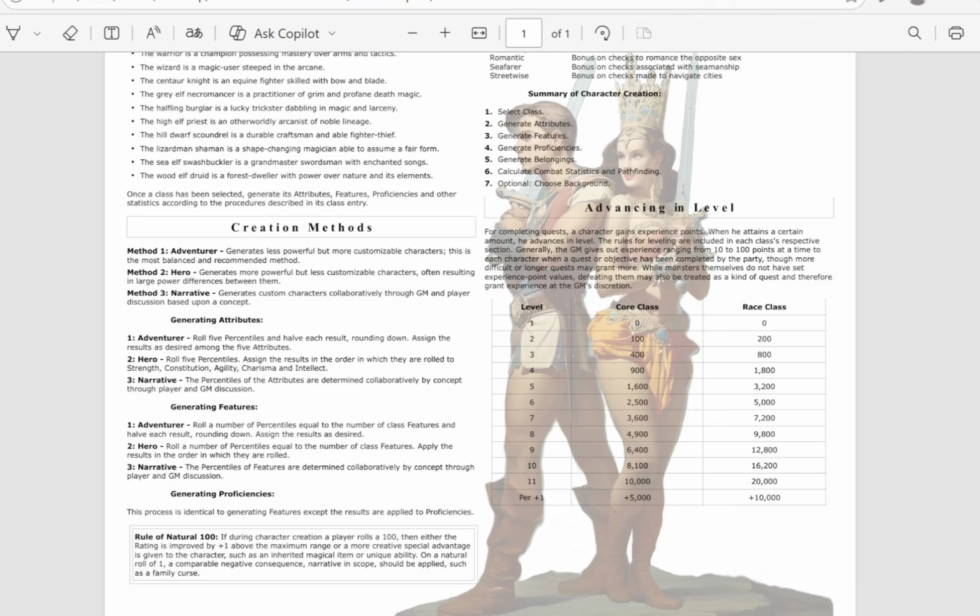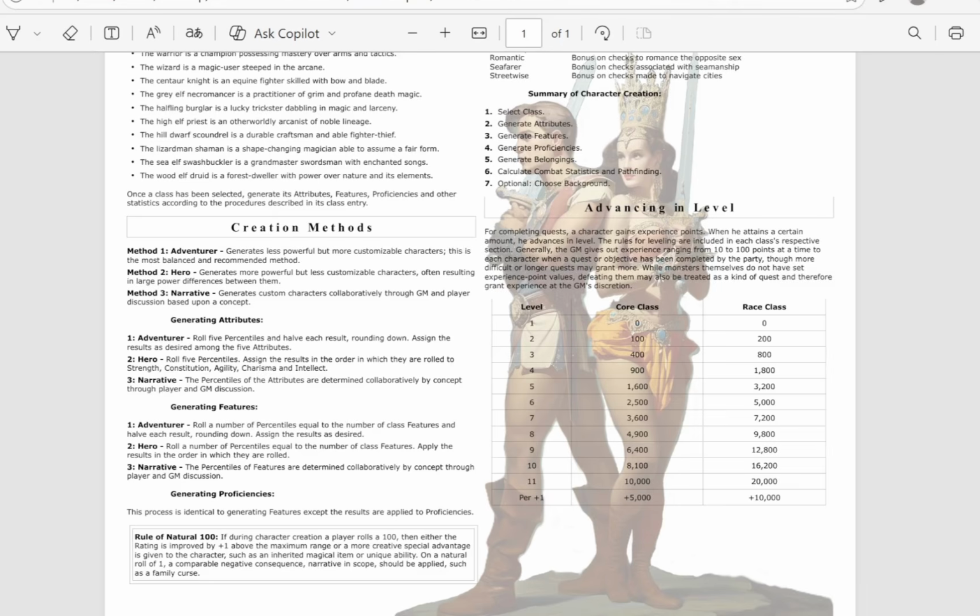So they're more powerful overall, they advance more slowly, and at the higher levels you might just be a level behind or so. But with 8100 you could be 10th level as a human, and you're only 7th level as a race class. But again, the race classes in general are much more powerful. So you're just advancing differently. You're learning more. Humans are very short-lived. They learn quickly, they develop quickly, but they're not as powerful. So it's a cool difference there.